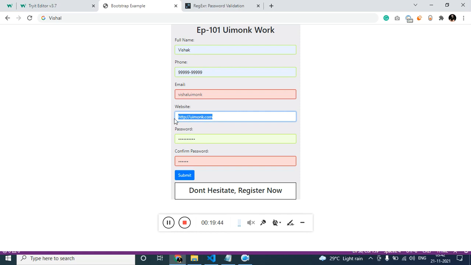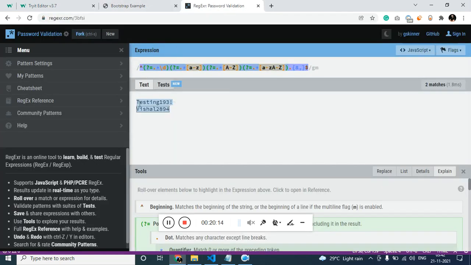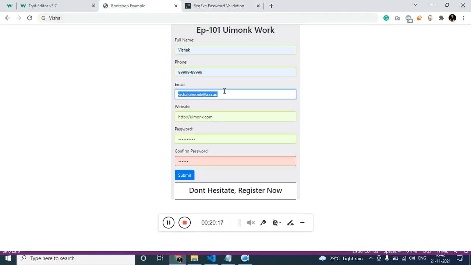If it is a relative URL, you can simply type uimonk.com. Since it is absolute, you have to start from the hypertext transfer protocol, HTTP. Start from HTTP. Cool. Let's add @ and check. It is not accepting. Let's type one letter, it is accepting, and then a dot, you can type anything, it will accept. Even though we know it is not a valid email, you can work on this again. But I'll skip this part because we have understood how to add the password.